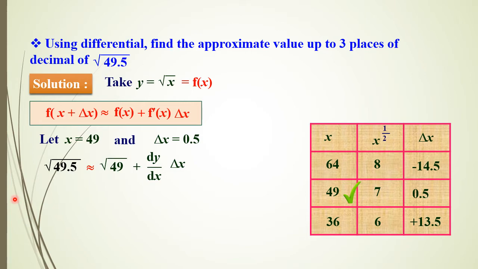When you are finding the approximate value of any kind of number, whether square root, cube root, fourth root, fifth root, fractional or non-fractional, first of all we need to apply the concept of first principle of derivatives. First, y is equal to root of the given value, 49.5. It is under the root, therefore for the time being you consider this entire value as x, so y is equal to root x.